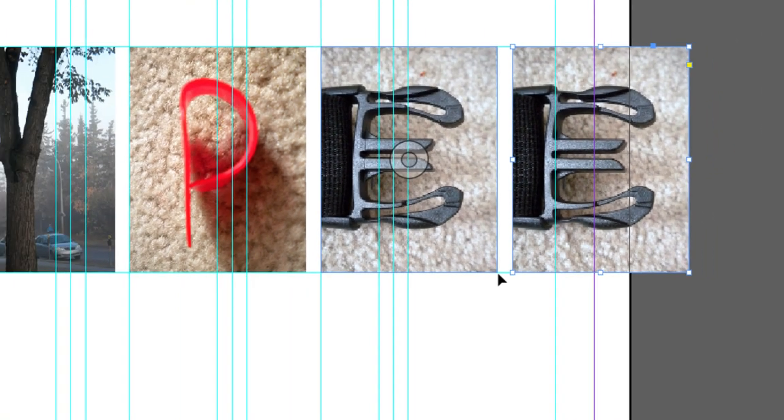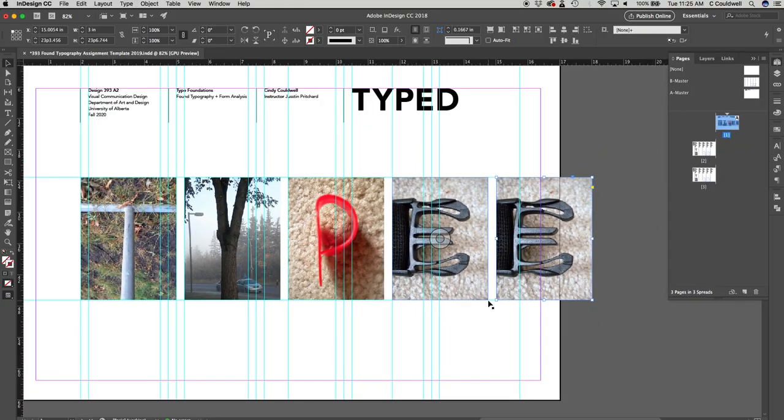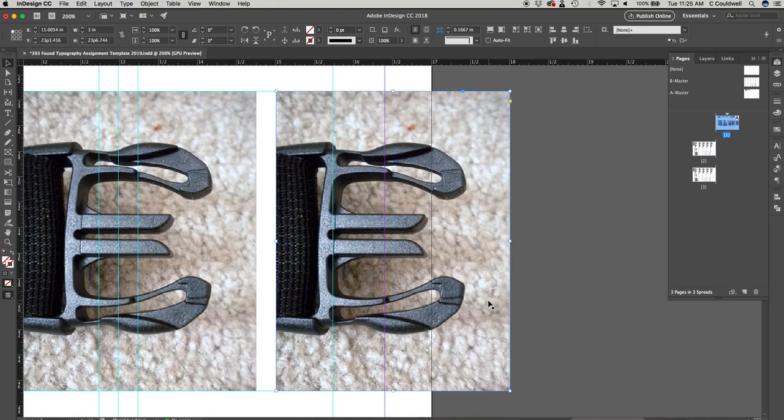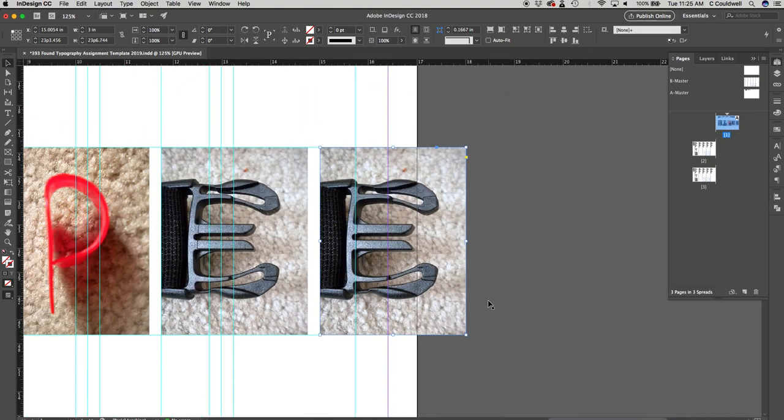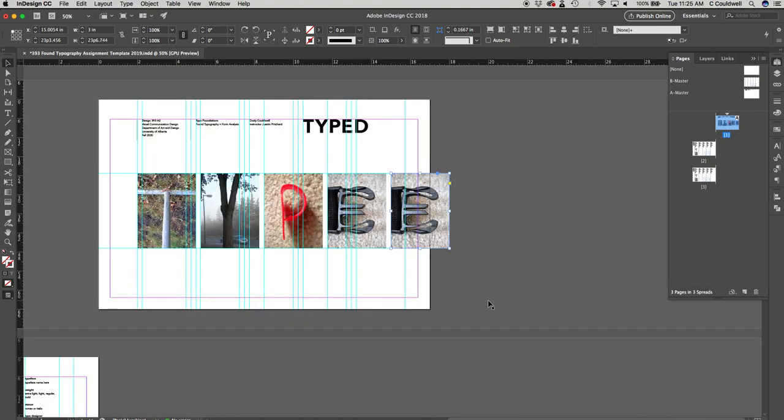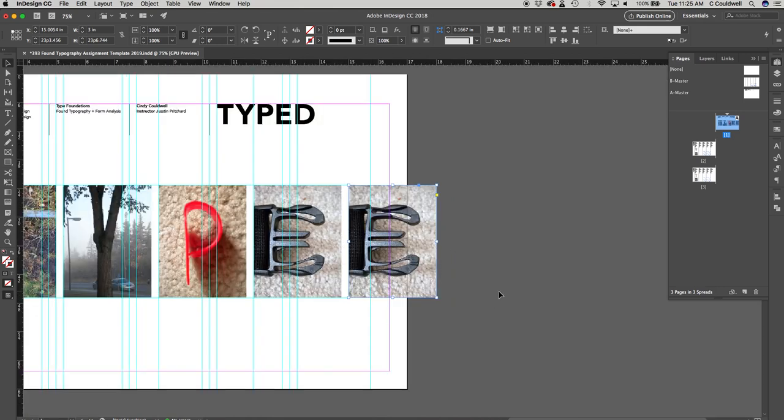Yeah, zoom out. To zoom into the document itself, I can hit Command plus and Command minus to zoom out. Great. Yeah, as well, I can,